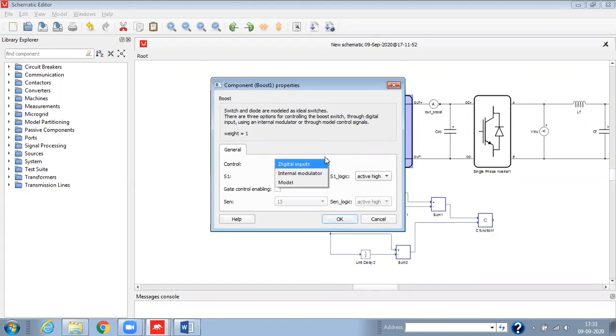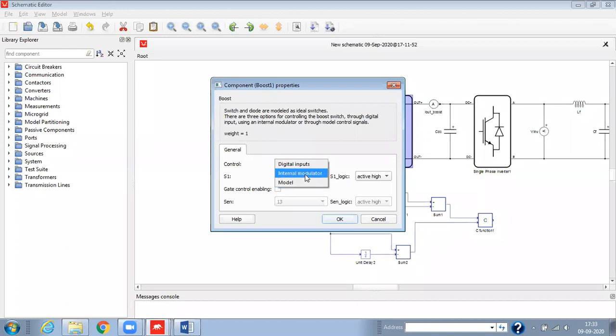Using digital input, we can provide the control logic from outside, like if we have an external controller, then we can provide that control logic from the external controller. Or if we use the internal modulator, we have to provide only the reference signal, the carrier will be inbuilt. Or if you select this model, you have to provide the carrier as well as your reference signal.